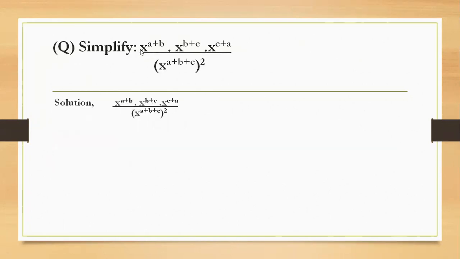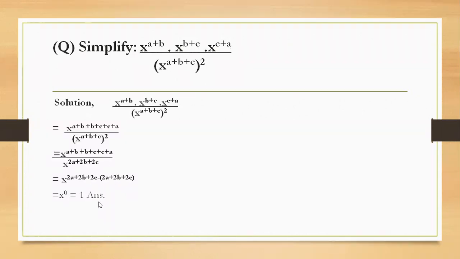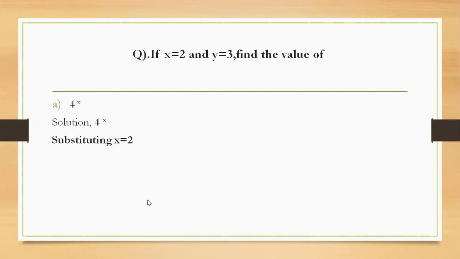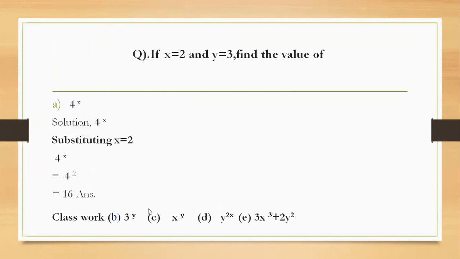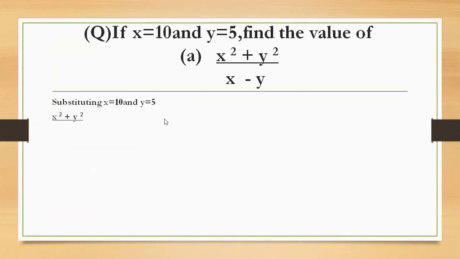Here we did the power, with numerator and denominator separate. Then with the same base, while dividing we have to subtract the power. x to the power 0 means 1. And here also you did a minus b, a plus b multiply, a square minus b square. Same thing you have to do for the others also. Power is added while multiplying. And here we substitute the given value in the given expression, and we will get the values of this given expression.